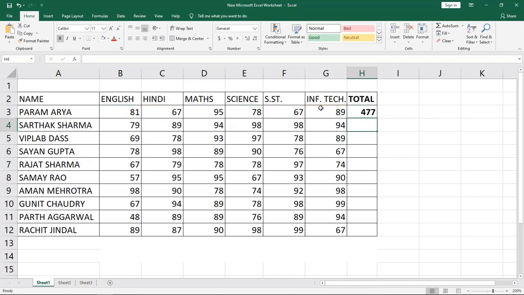So the total is 477. The total can be calculated by using the formula equal to B3 plus C3 plus D3 plus E3 plus F3 plus G3.